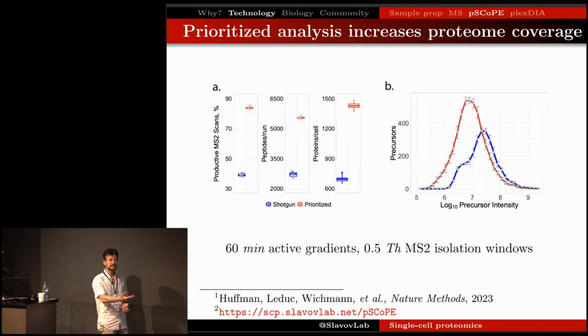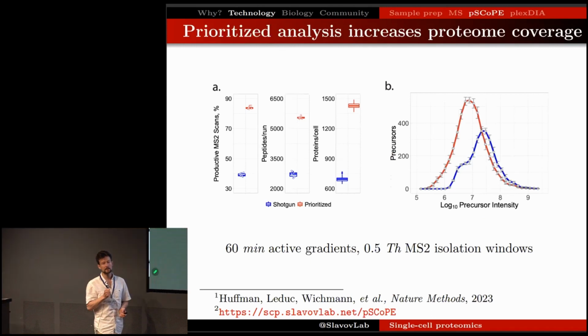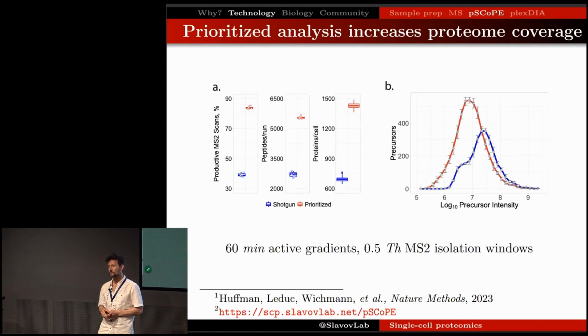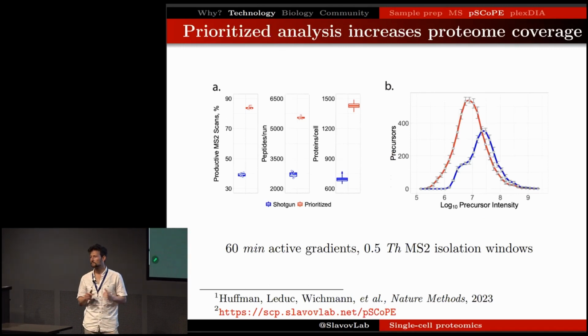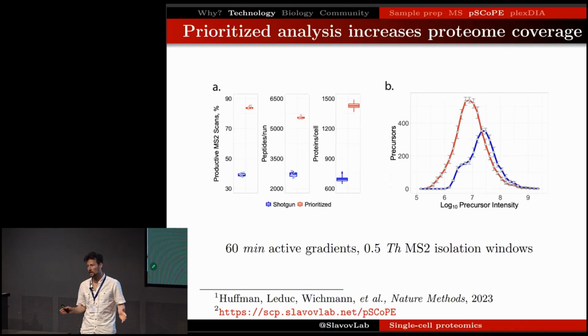And because we select to fragment precursors that we know are identifiable, we see that we are able to assign high confidence sequences to the vast majority of MS2 scans. So we are not wasting precious instrument time fragmenting precursors that cannot be identified. And this results in doubling the number of peptides that can be identified and the number of proteins quantified per single cell. And again, we're using exactly the same hardware, exactly the same sample preparation. The only thing is that we use better